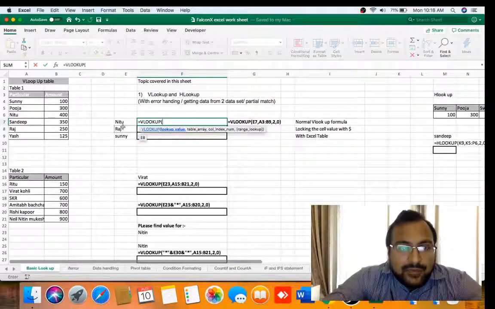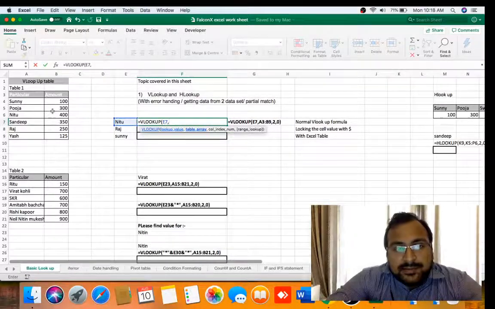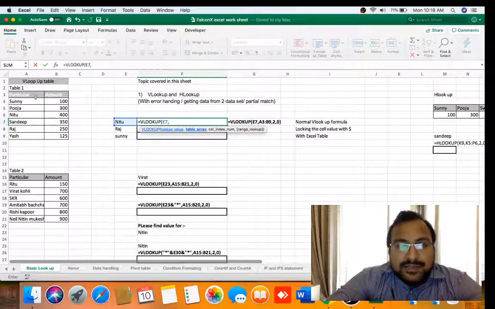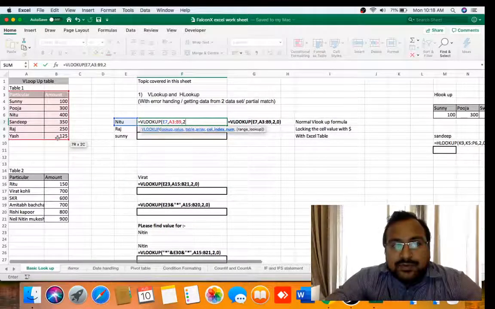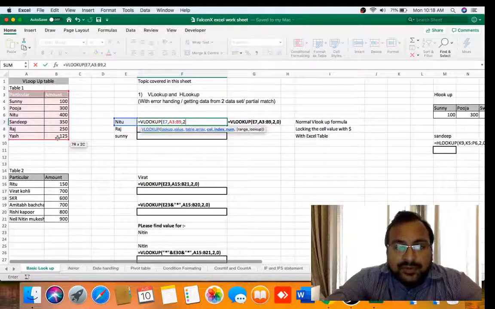Which corresponding value we want to find: Neetu. The second argument it takes is the table array. The table array is selected. Now we will write 2. 2 stands for the number of the column whose value we want.